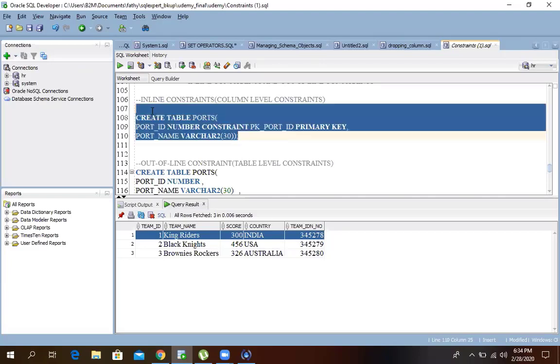How many columns are present in this table? 2 columns. What type of constraint do I use here? Primary key.